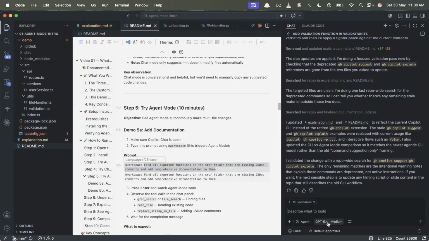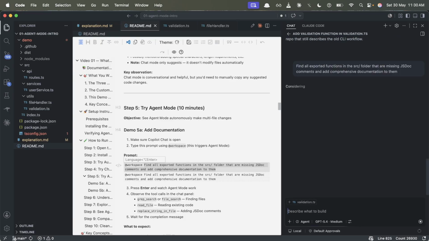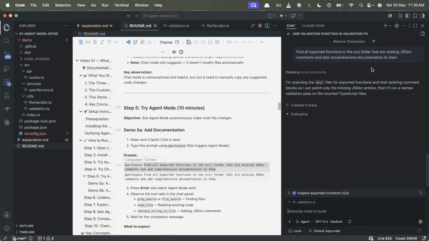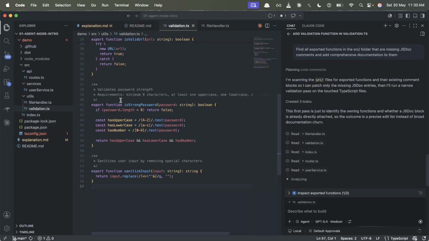I selected the agent mode. I have selected the same model, and let's give it this prompt. Here I'm saying to look for all the functions in my src directory, and whatever function is missing JSDoc comments, add comprehensive documentation to them. JSDoc comments are things like this, for example, like this. JSDocs are usually placed above the function. Let's see what